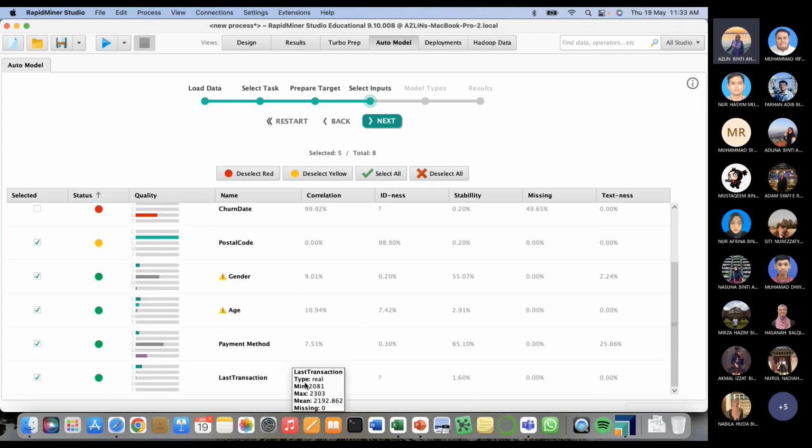Kalau tengok dekat sini, we can say that last transaction paling tinggi lah. Maknanya untuk tentukan sama ada customer tu churn atau tidak atau loyal. Kalau dia ada last transaction, maknanya dia adalah loyal customer. Okay, potensi untuk dia jadi churn tu adalah very low. Okay, the second